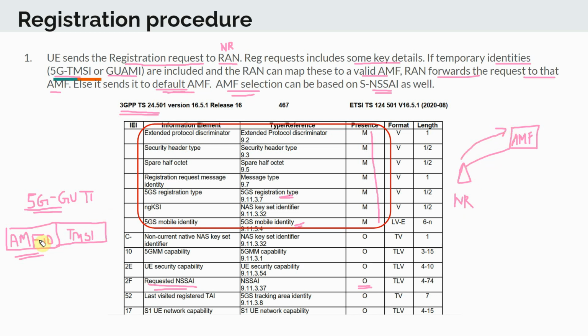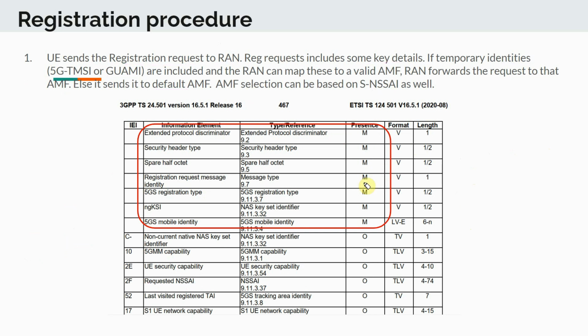If this AMF ID does not identify the AMF that this UE is connected to, so say we had a different AMF like this one, and we did not have a connection here, this connection was not there. In that case, the NR would send the request to the default AMF that is configured on the new radio, and then the new AMF will reach out to the old AMF. So it's an indirect way and it will fetch all the context for this given subscriber. Okay,